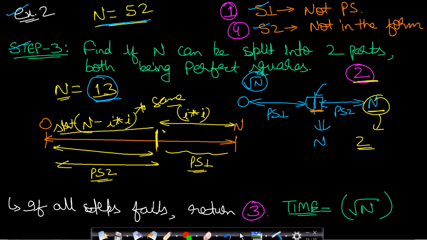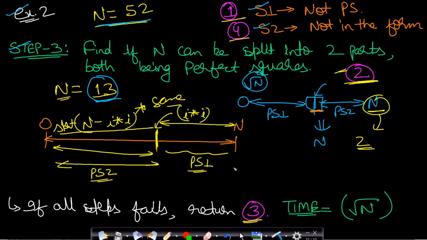So if we are not able to find any breakpoint which can divide the value n into two perfect square sums, then the case for returning 2 is also gone. Now, according to Lagrange's four square theorem, every natural number can be represented as a sum of 4 squares, and we have already checked cases 1, 4 and 2. So our obvious answer will be 3. We will not do any checks for this 3 and will simply return it in step 4. Okay.